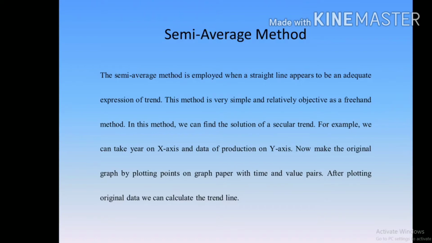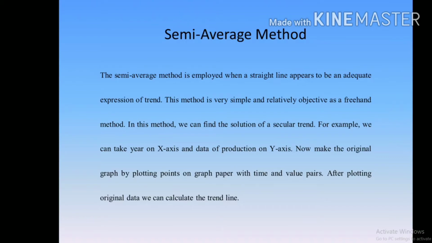If the data is for an even number of years, it is easily divided into two halves with respect to time. But if the data is for an odd number of years, then the year in the middle of the time series is left out or omitted, and the two halves are constituted with the periods on each side of the mid-year, and we follow the same process.